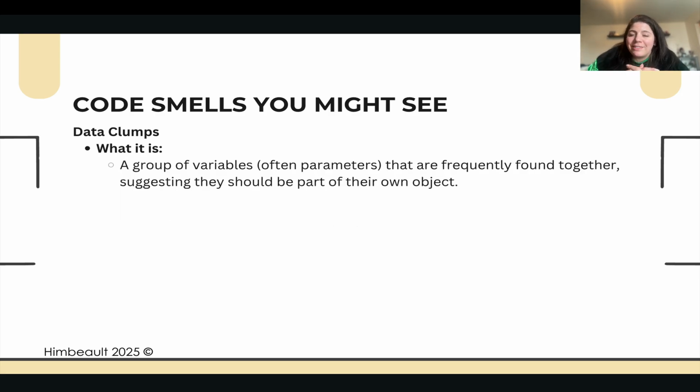The next one that you might see is data clumps. This one's really, really common in these projects. It's basically a group of variables. Often they end up being parameters that you pass around that we frequently find together. And anytime we see a group of variables that are frequently found together, there's a good chance it should actually be an object, even if it doesn't always make tons of sense for it to be an